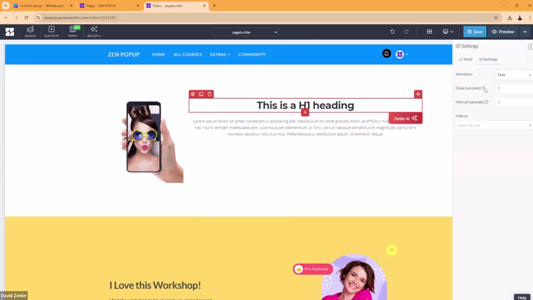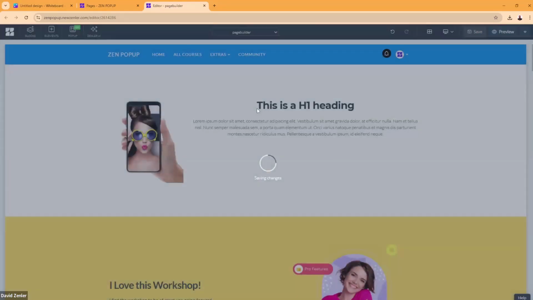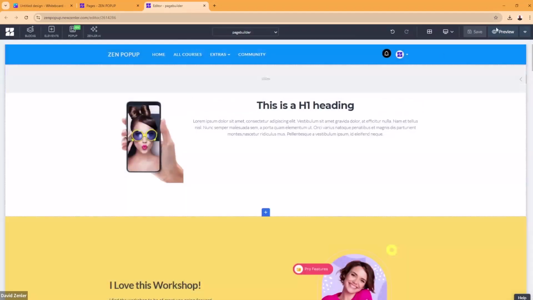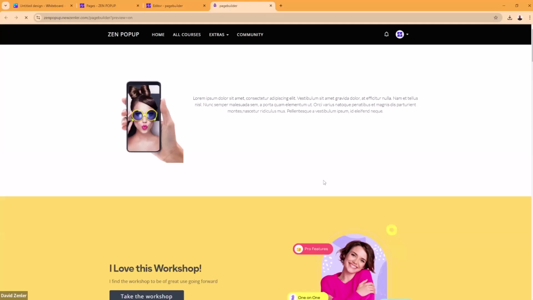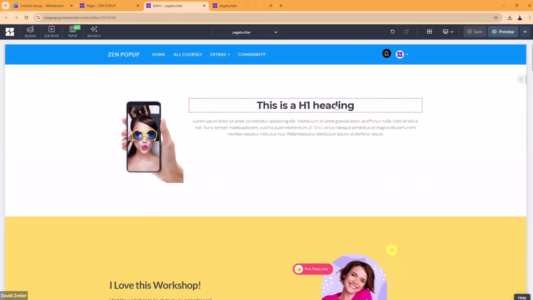Now you've also got a delay. So what we can do is have an element show after a specific time. So you could say, right, I'm going to delay that 3 seconds. So that element will not appear until 3 seconds after people are in there, and then it will pop up. Let's just prove that now. I'm going to save that. It will not say this is an H1 heading. You won't see that until 3 seconds. So we're going to load the page up. Nothing's there. 1, 2, 3, and now it should appear. There you go. So you can actually delay something popping up.